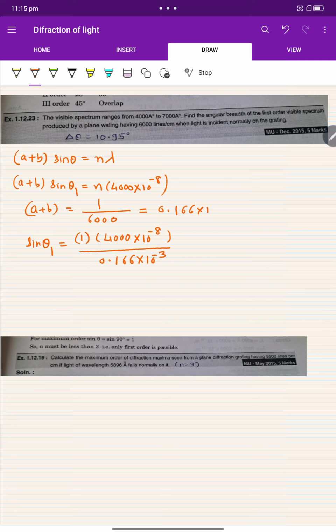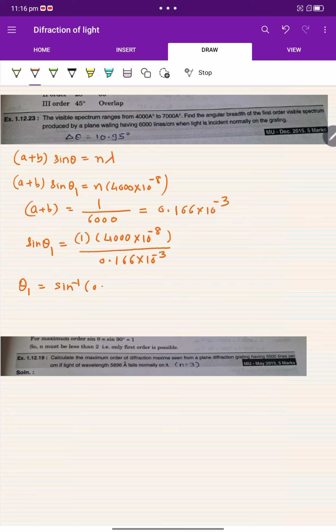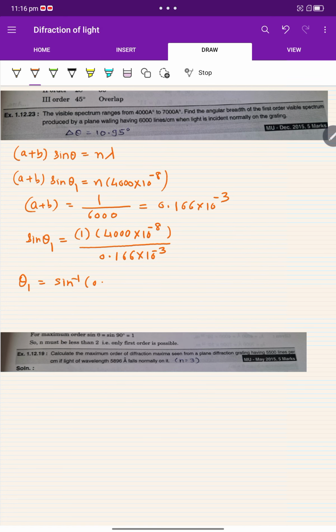Therefore theta 1 will be sine inverse 0.2409, which is